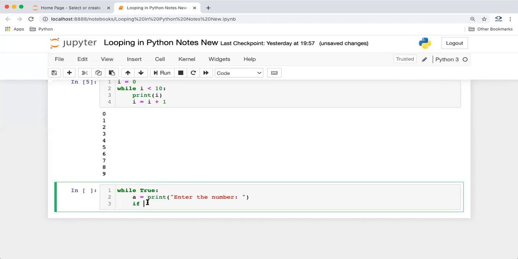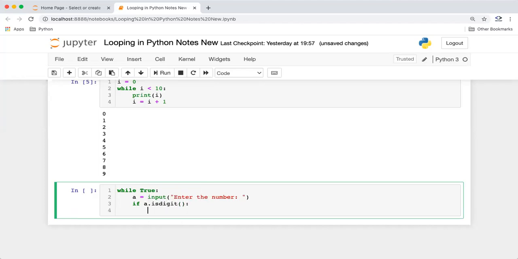We have a digit method, so we check whether it's a digit or not.